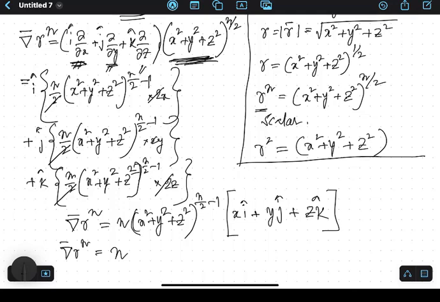So this bracket x square plus y square plus z square I can write down as r square, and this to the power of n by 2 minus 1 I can write down as n minus 2 by 2, and this third bracket x i cap plus